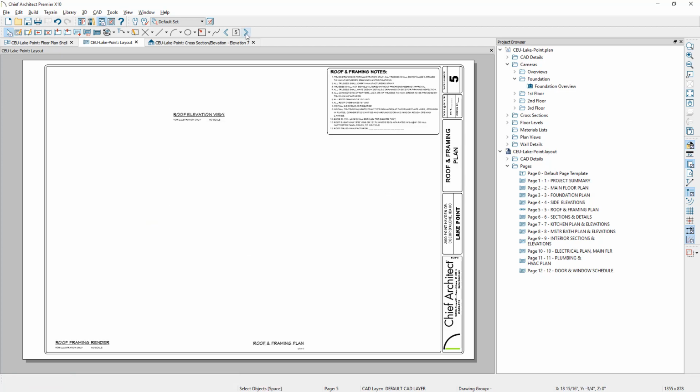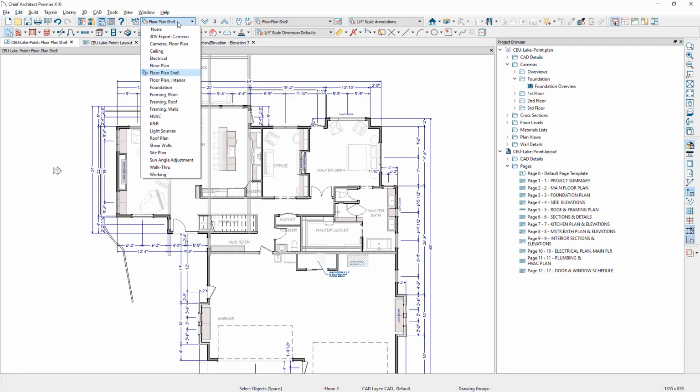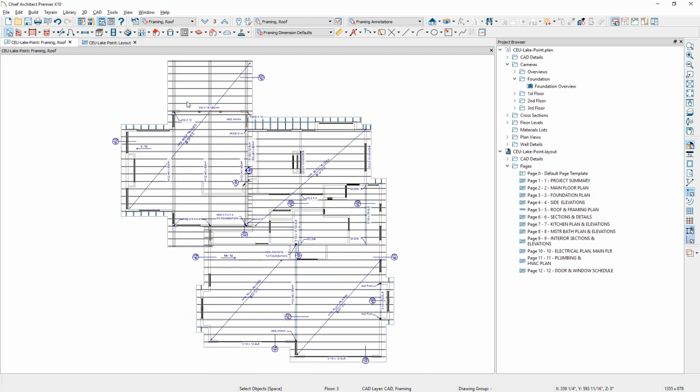On the next sheet of the template is set up to be for my roof framing. Again, let's go back to the floor plan. Change the Saved Plan view to the Framing Roof view. And again, what that does is it changes not only the layer set, but the annotation set and the particular floor that I'm on. And I haven't saved the zoom factor, but you could also save that zoom factor in